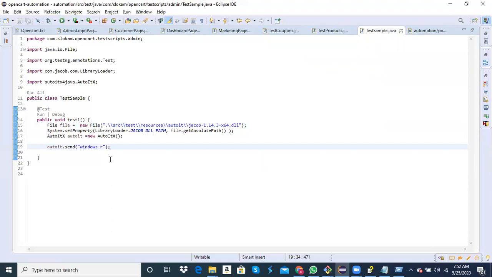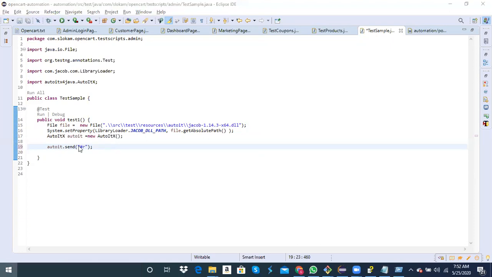You have to use certain shortcuts in order to call them. If you want to call Windows, then you need to use a symbol called hash. Hash refers to your Windows key.